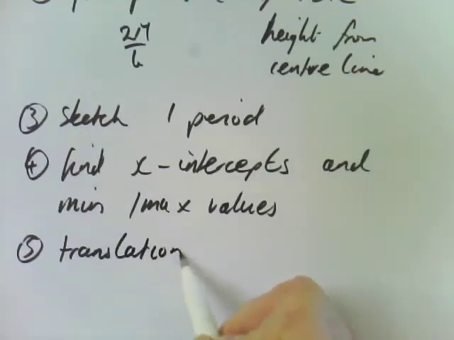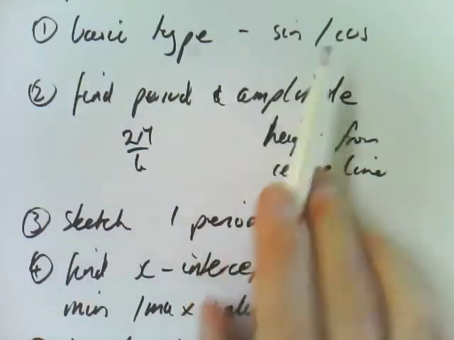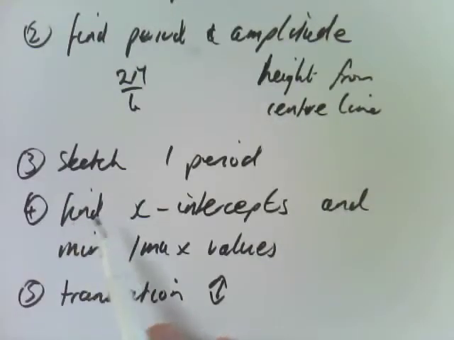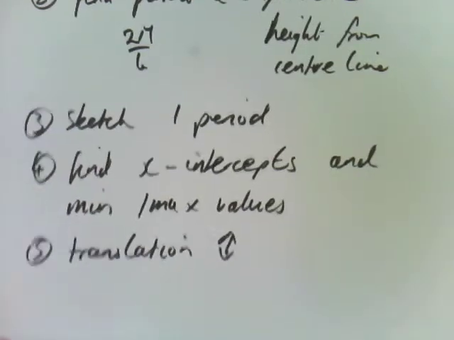So to put that into practice, we've sort of done it already. You choose your basic type, you find your period and your amplitude, sketch one period, find your x-intercepts, which we haven't done yet. Your minimum and maximum values come from your amplitude, so that should be fairly easy. X-intercepts I'll revisit now, and then we just move it up and down depending on what they said. Then we might need to re-find our x-intercepts. One thing I didn't explain when I was drawing the graphs is the x-intercepts. So let's do